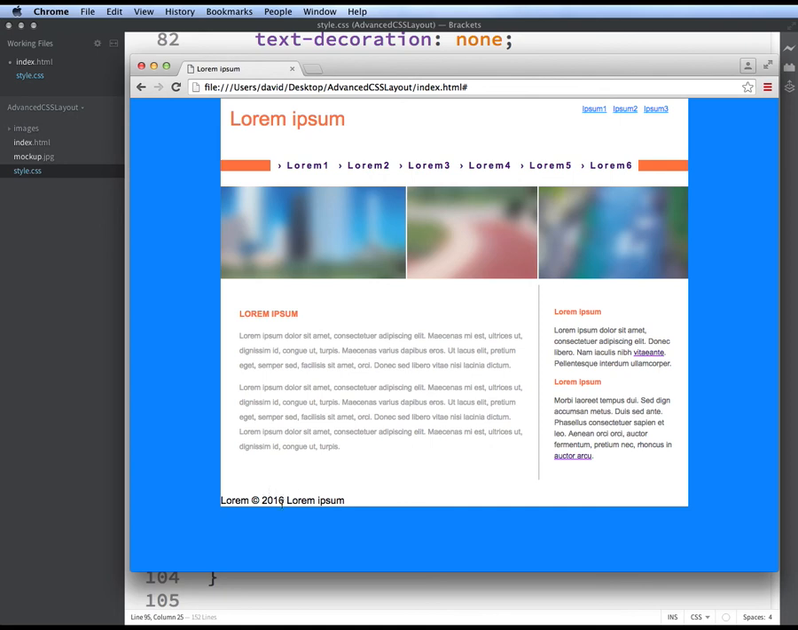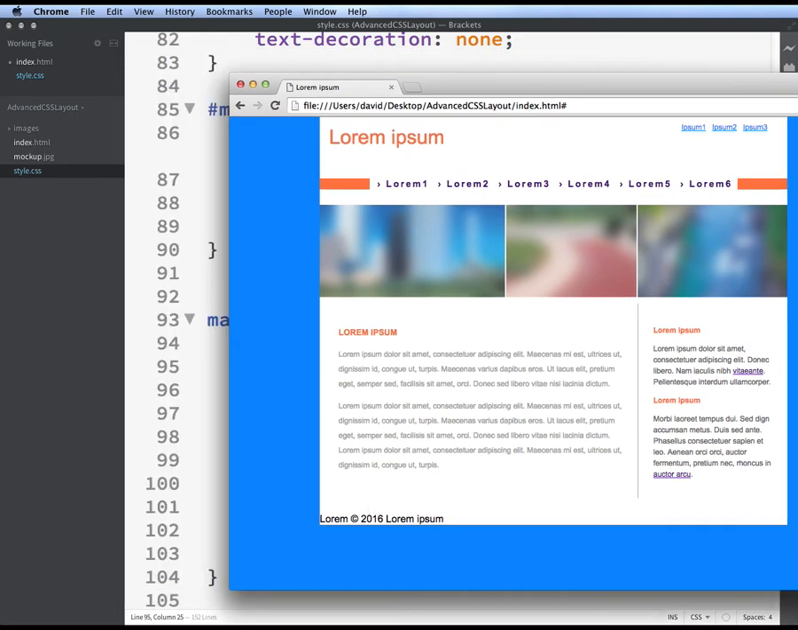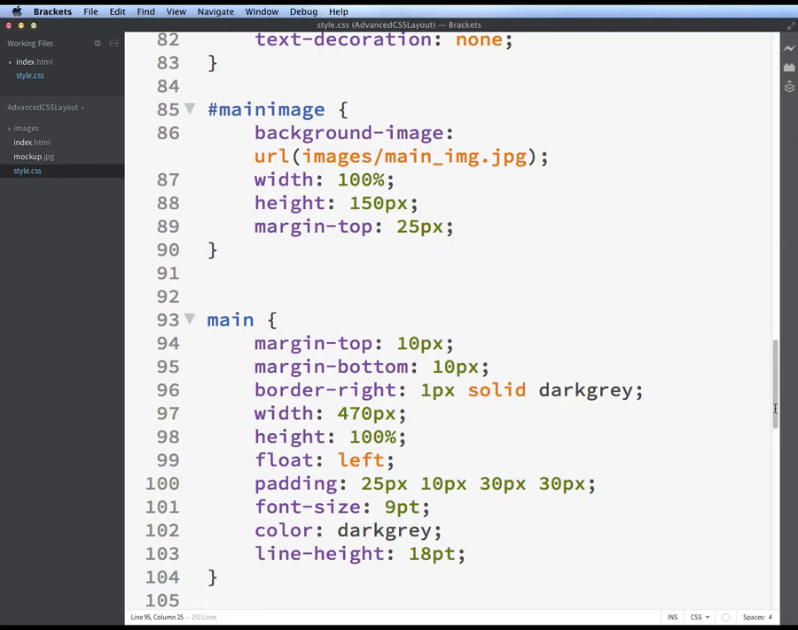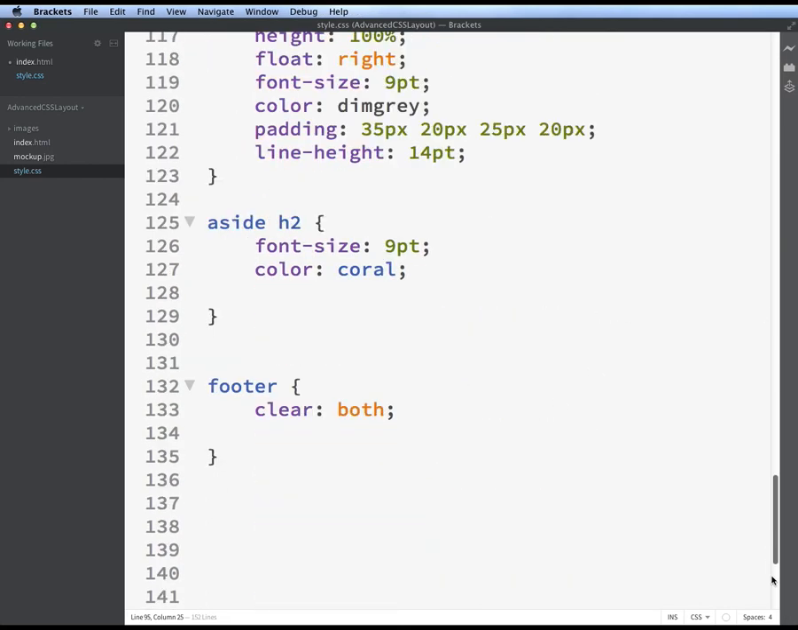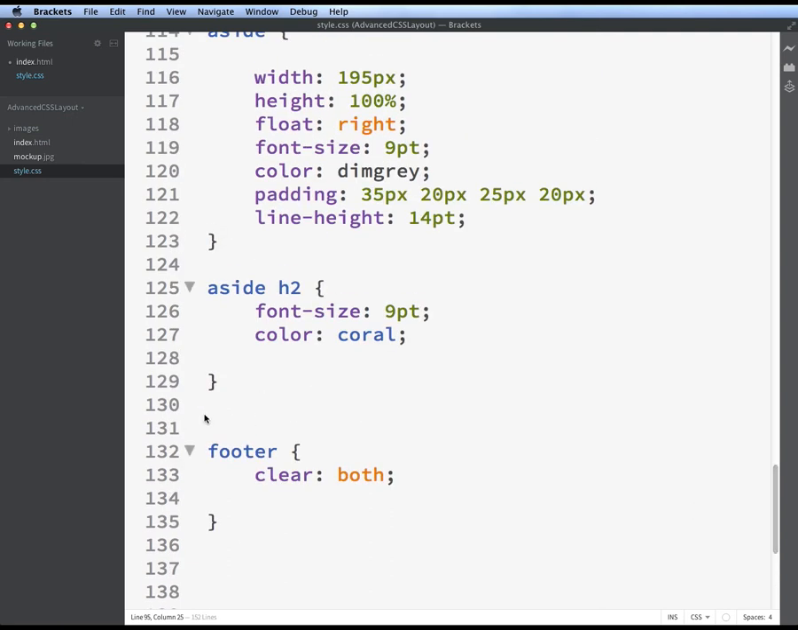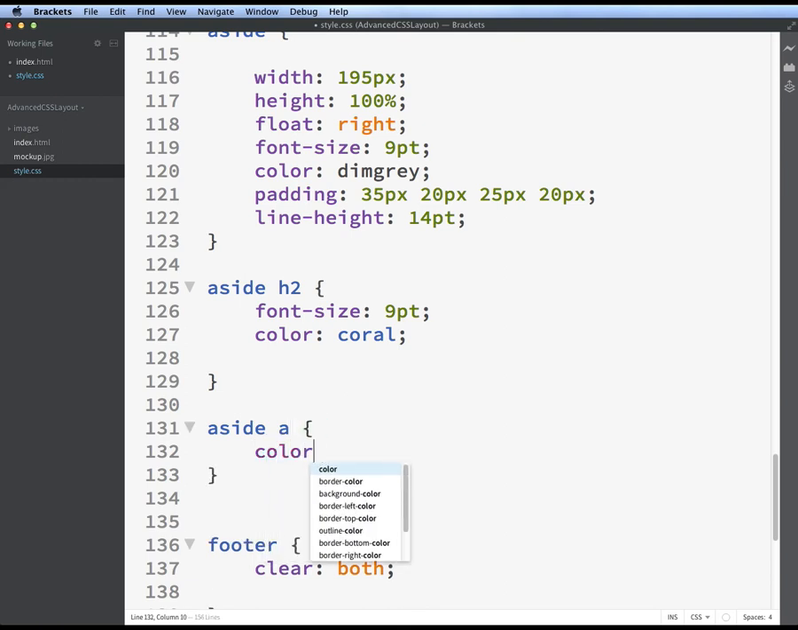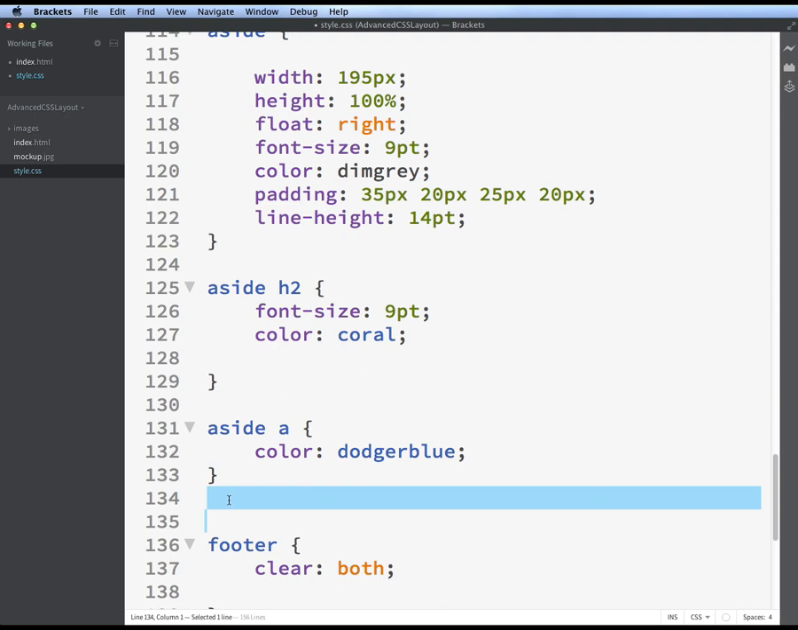Now the only thing left I have to do is the footer. Well, I got to do these links here. So let's get rid of those now. Okay. So I'm going to go onto a side, and we're going to have a side. Do color, and we did Dodger blue,